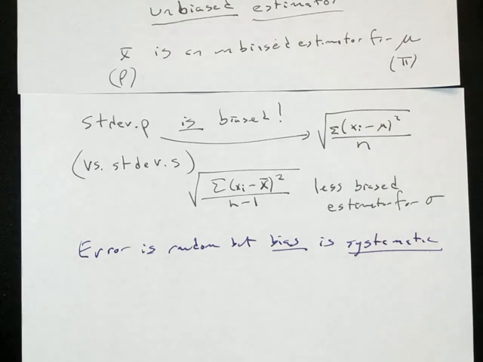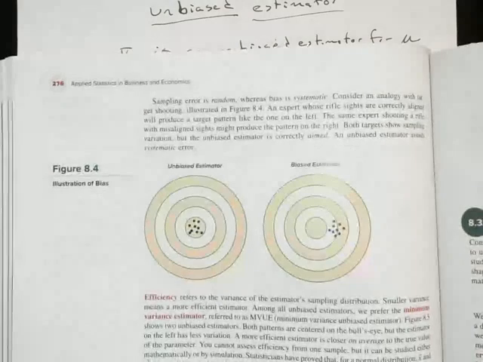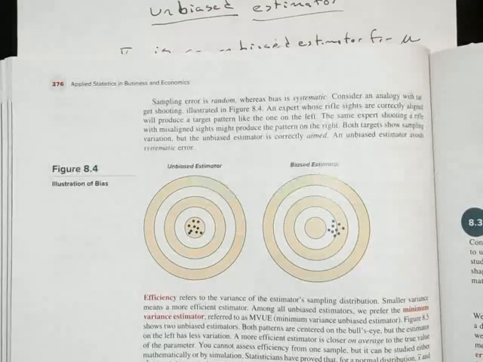There is a military shooting competition for the sniper school. Here are two target shooters. This is bias. The person whose target is on the right is shooting just as well as the person whose